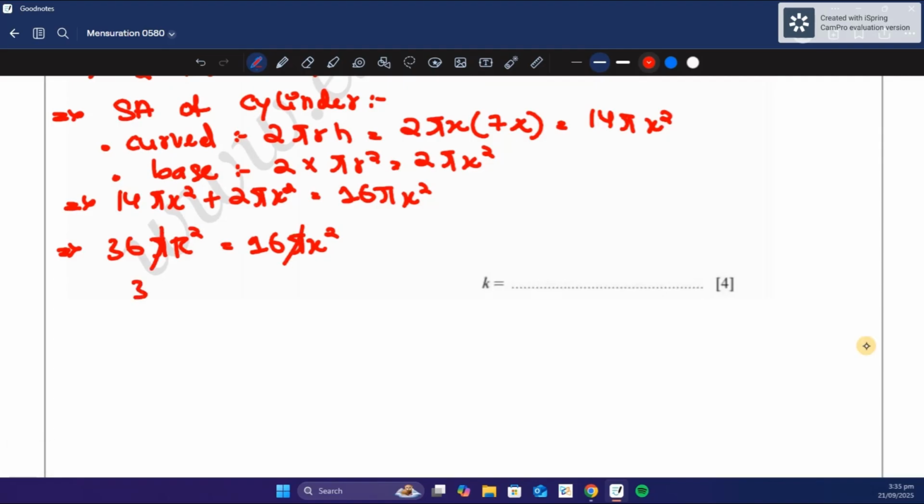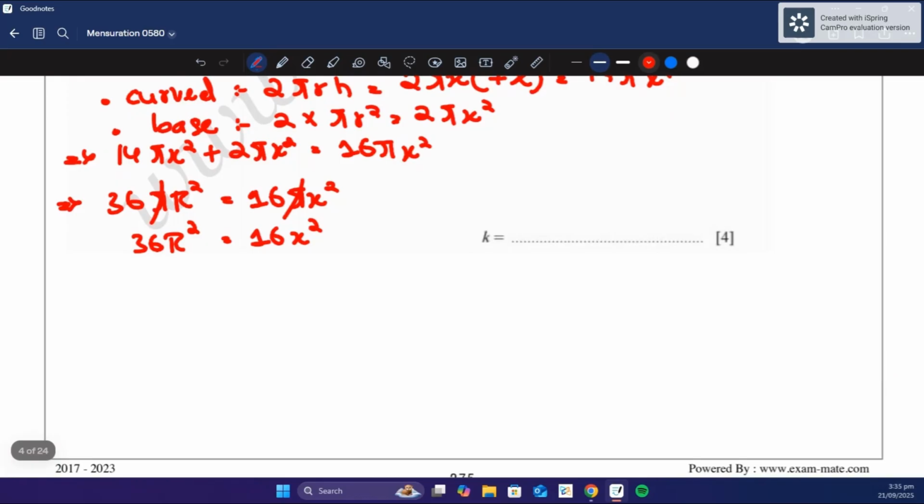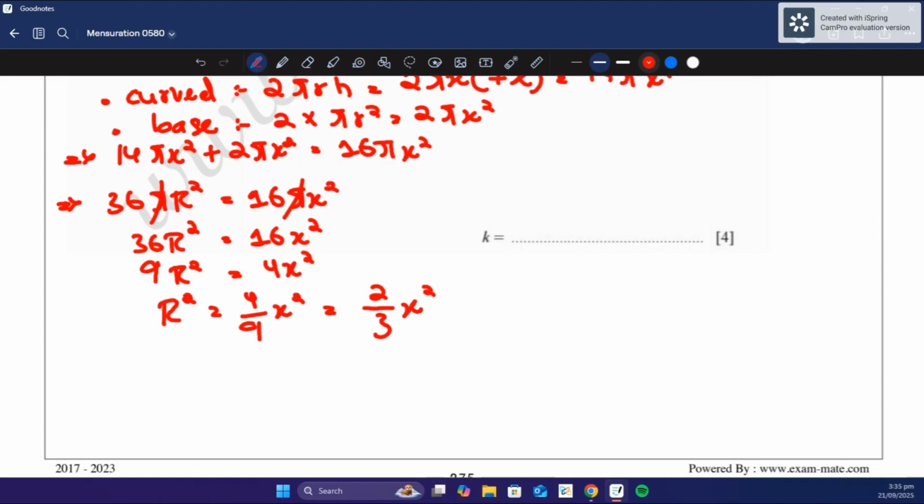We would be left with 36 r squared is equals to 16 x squared, and if we further simplify this, we would get 9 r squared is equals to 4x squared, and so r squared would be 4 over 9 x squared, which if you further simplify would be 2 over 3 x squared,